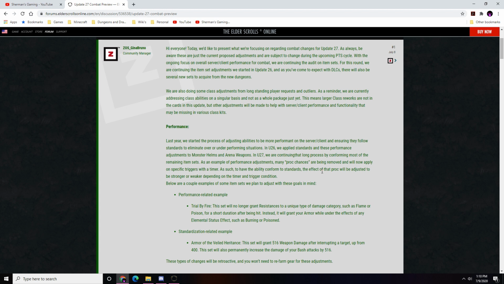So it's really interesting, in my opinion, that we're getting some changes to some armor. Hopefully some of the other armor changes are good. I want to see the patch notes before I give my total thoughts, but just by looking at the Trial by Fire, that's a great change to it. And Veiled Heritance, I'm not going to say it's a good change or a bad change,